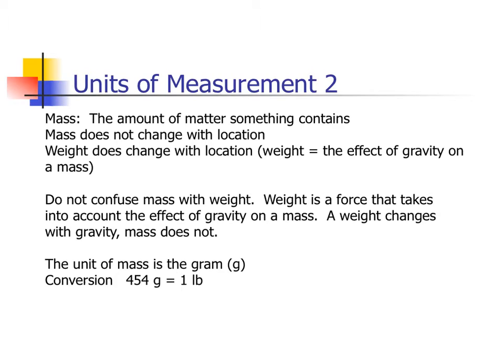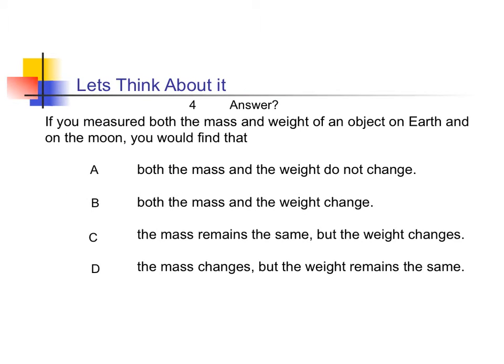It is important. You weigh less on the moon than you do on Earth. Your mass would be the same on both. So we want to make sure that those aren't confused. There is a conversion. We very rarely actually convert between grams and pounds, but it is down there at the bottom for you. If you measure both the mass and weight of an object on Earth and on the moon, you would find that